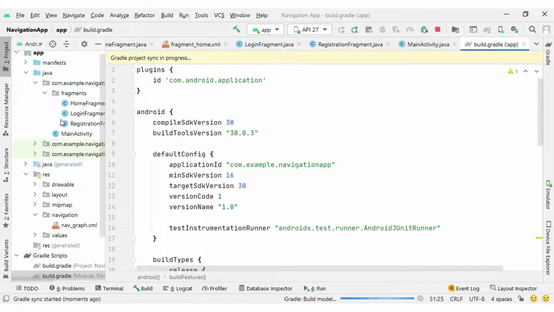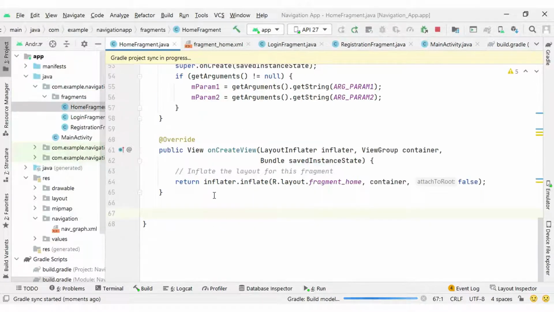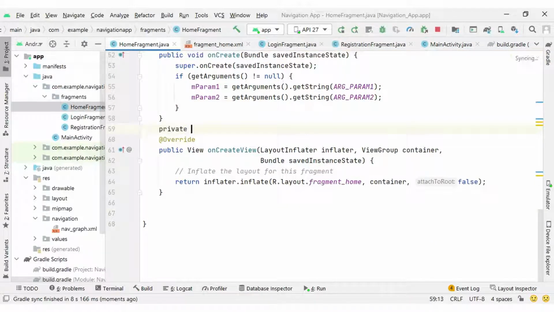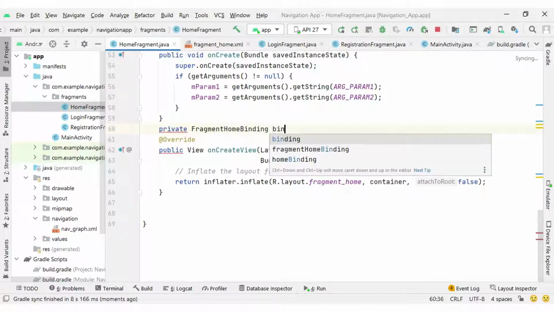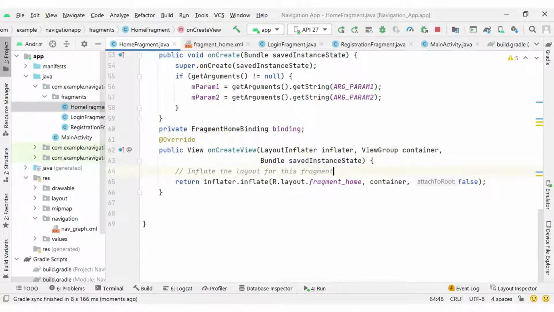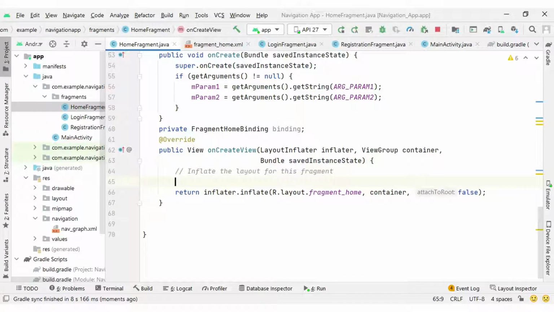Okay, so we made our project view binding enabled true. Next I will go back to our home fragment, and here I am going to create a private fragment home binding. If you are not aware of the view binding concept, I suggest you view my view binding video first. Then you can understand this view binding concept.